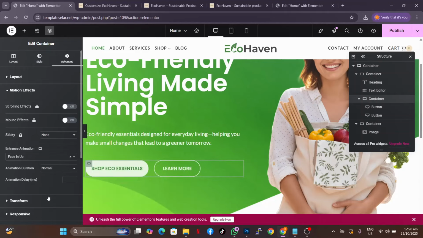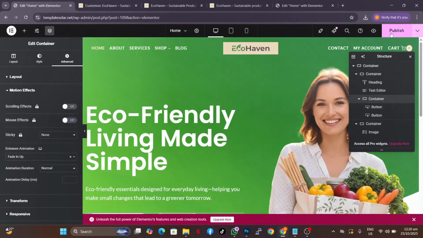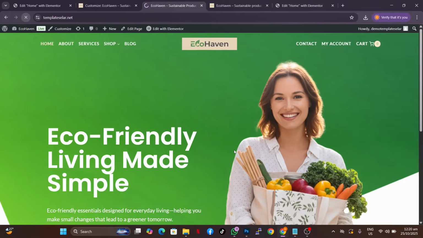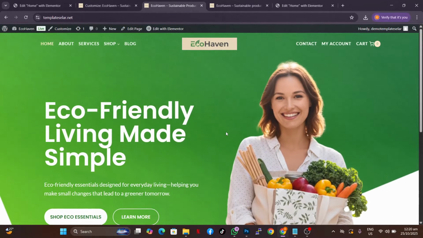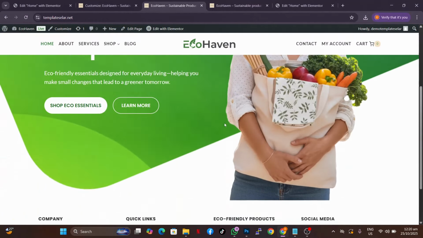Yeah, so fading up, so like this. All right, so now let's just publish it and then go to the front end to view how it looks like. So we're gonna go over here, let's refresh our website, and then let's see how this one also. All right, so as you can see, it looks perfect, it looks beautiful, and that is how we can be